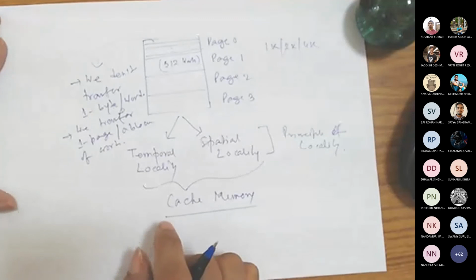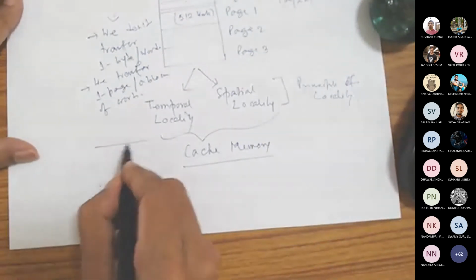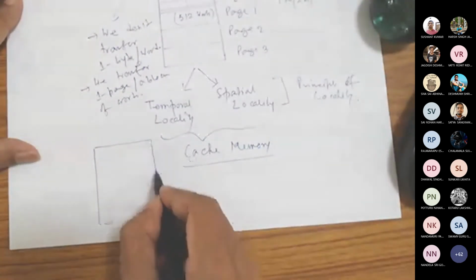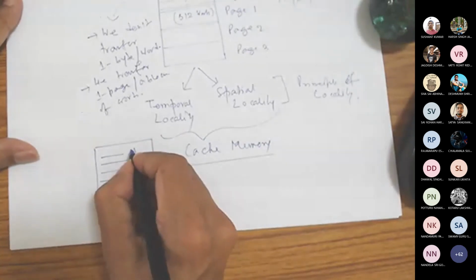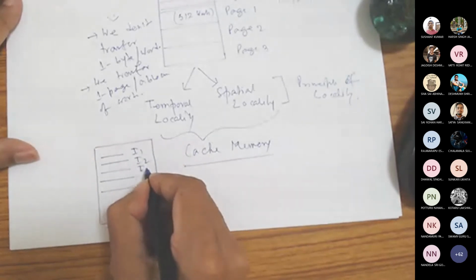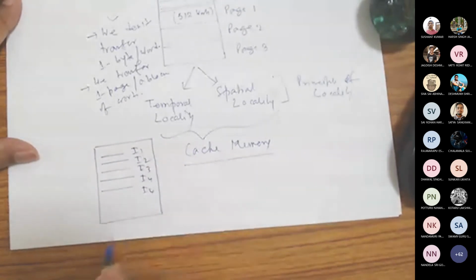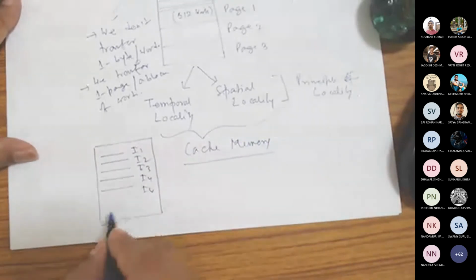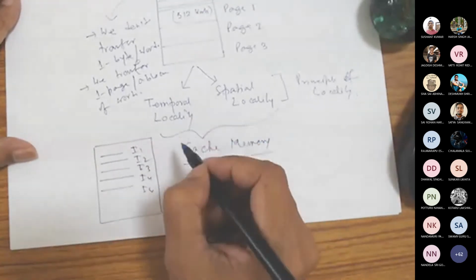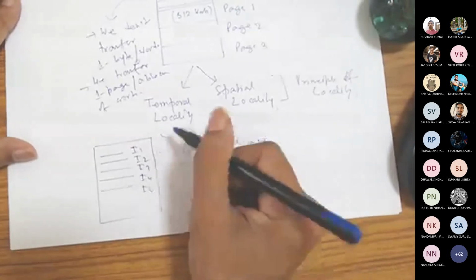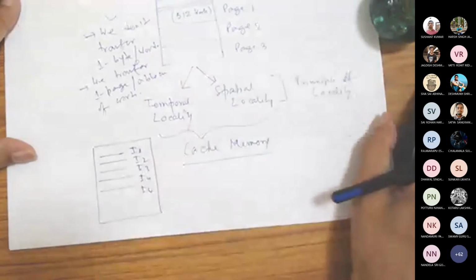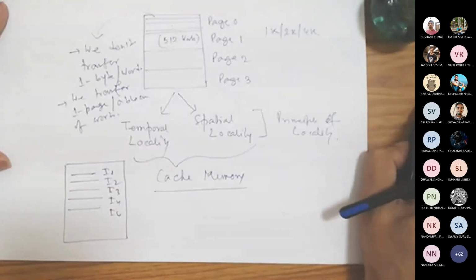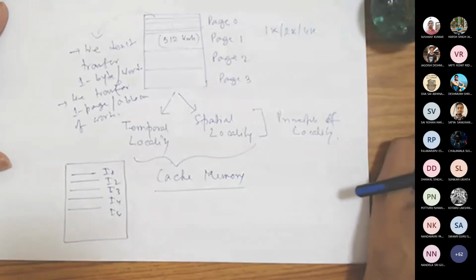The reason is that in any program, if the instructions are like this, I1, I2, I3, I4, I5, this way, I'm talking about instructions. It is true for data also. What the temporal locality says is that if you access an instruction I1,